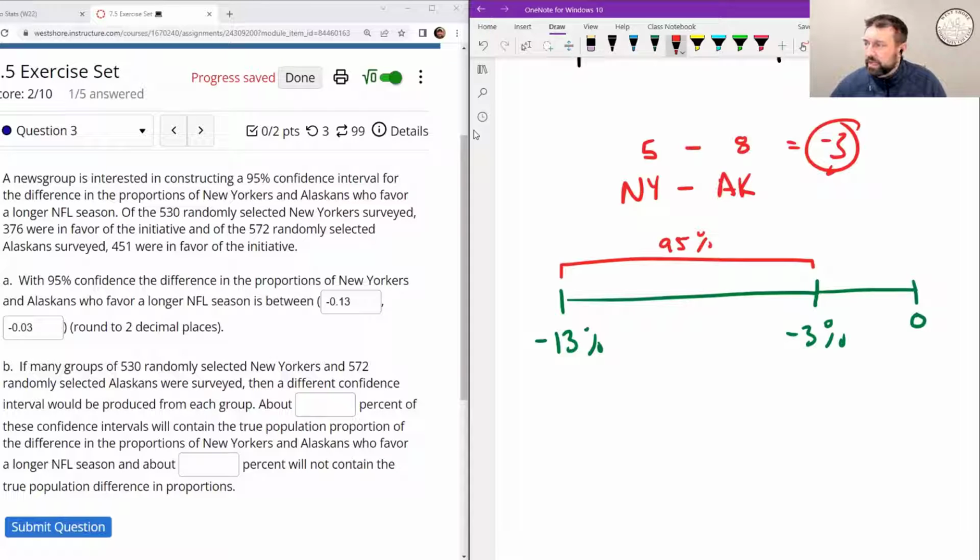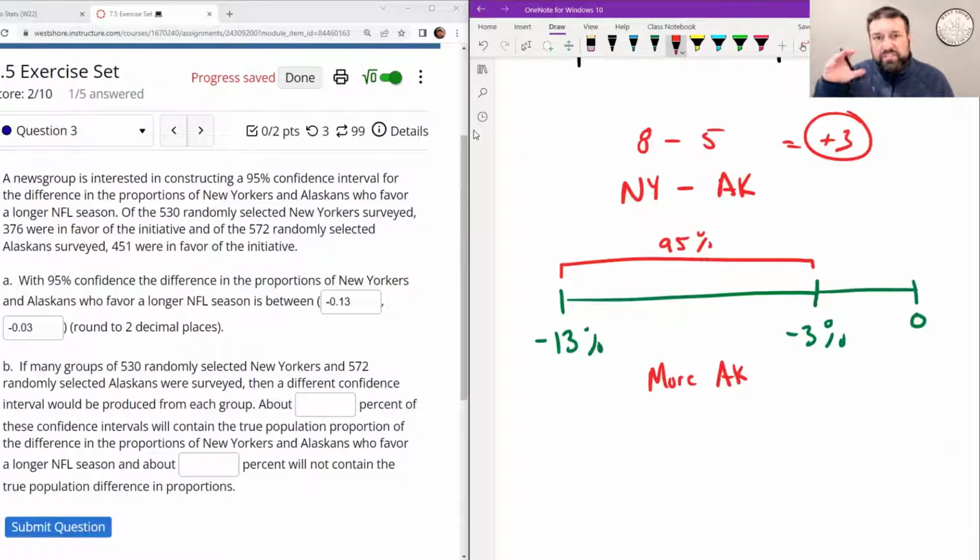So what this is telling me is more people from Alaska favor the increased NFL season. Now, if it was the other way around, if there were more people from New York, then you would have a positive value, positive 3, right? And it would be over on the other side. So the sign just indicates which data set has more. Because you're subtracting, you're finding the difference between the two. There are more people in Alaska that favor the NFL season being longer,